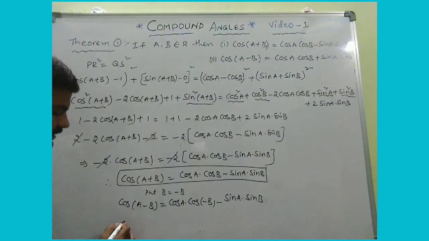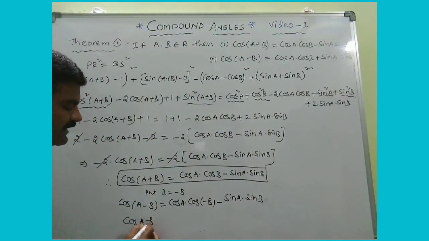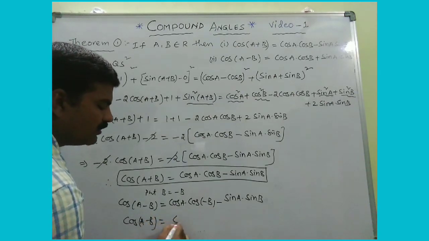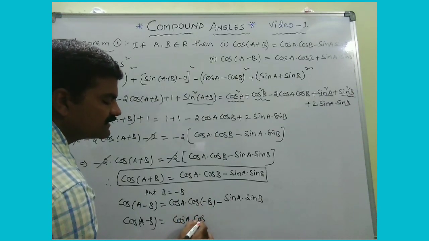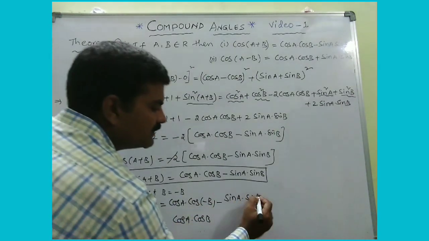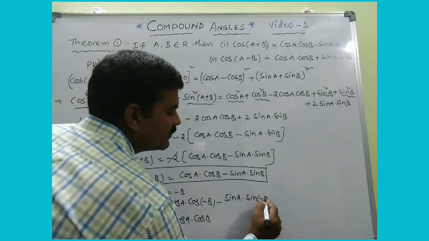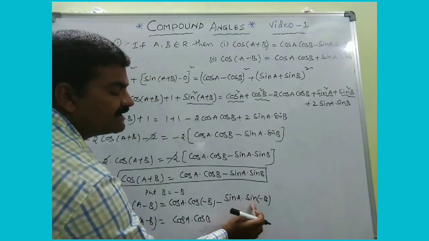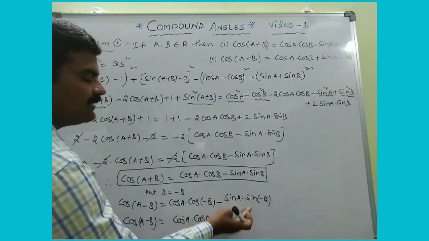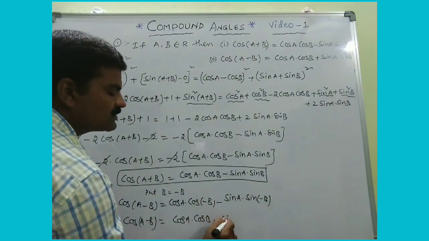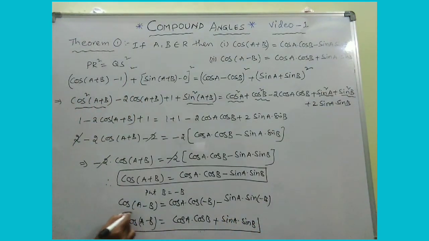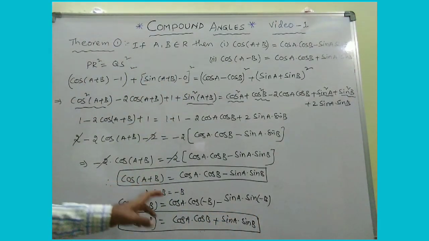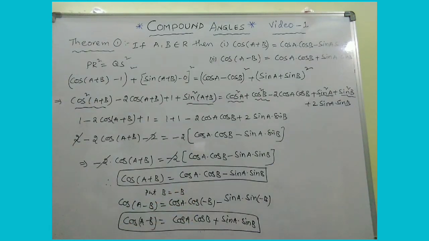Therefore, cos of a minus b is equal to cos a into, it's just like cos of minus theta, which is cos theta, no? So cos b. Now this part you discuss. Sin of minus b is nothing but minus sin b, and minus of minus is plus. So sin a into sin b. So the second formula is very easy. Just within a step we derived it, just by replacing b with minus b.